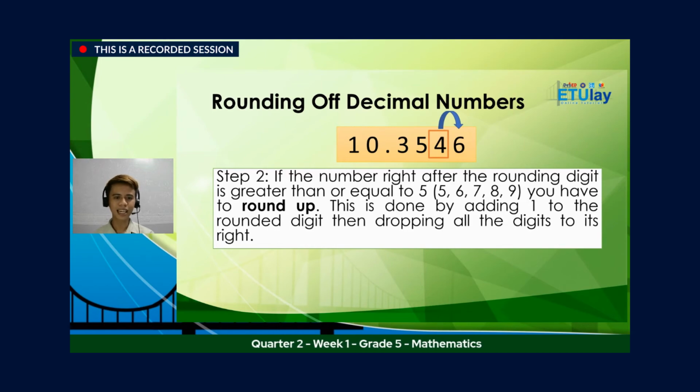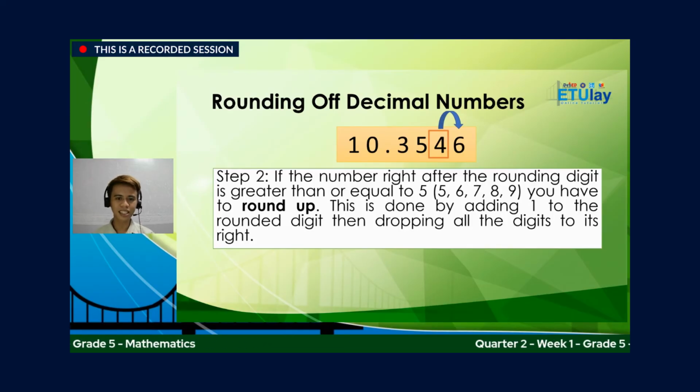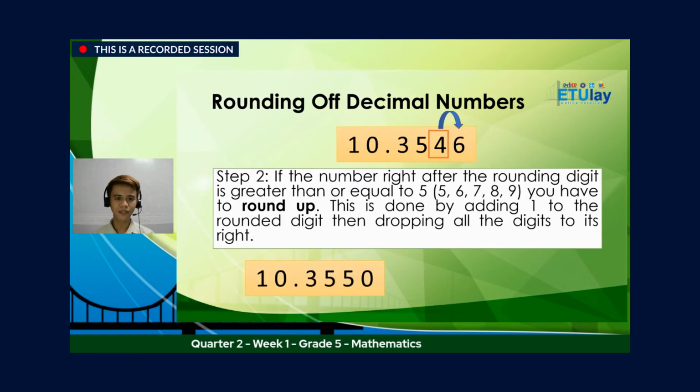So, ang gagawin natin ay dadagdagan natin ang ating rounding digit with 1. At ang rounding digit natin ay 4. Magdadagdag tayo ng isa. 4 plus 1, it will be 5. At idadrop natin ang digit natin to its right or gagawin natin siyang 0. So dito, 4 plus 1 magiging siyang 5. Kaya ang sagot natin ay 10 and